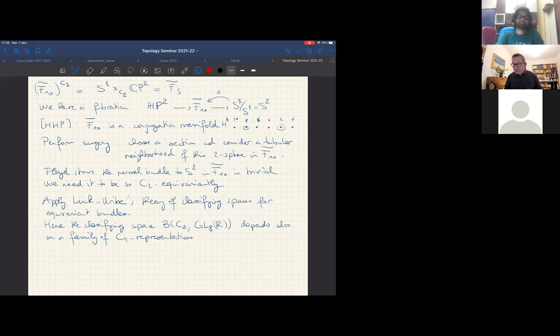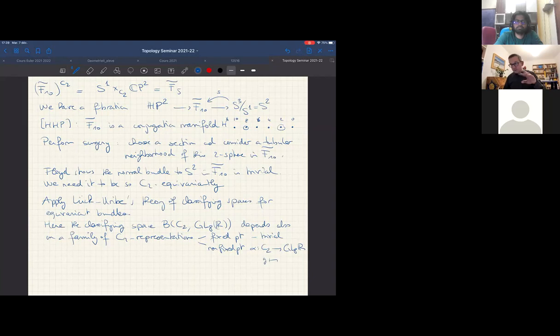Namely, looking at a point's isotropy subgroup, we will have two kinds of representations. If we have a fixed point, then the isotropy group is trivial and we have the trivial representation. But if we have a non-fixed point, then we have a representation alpha of C2 in GL8R, which sends the generator